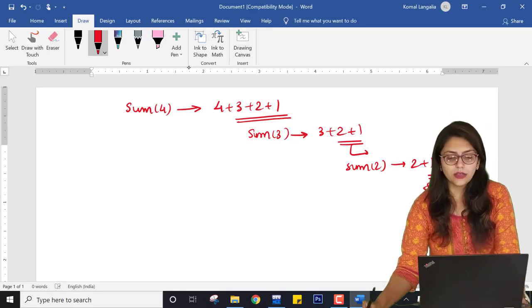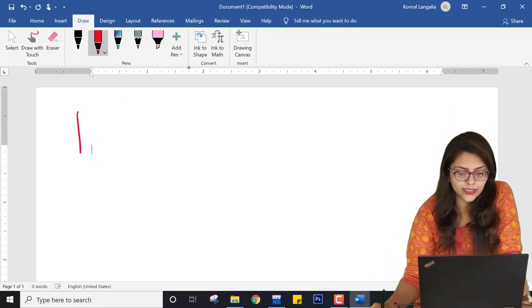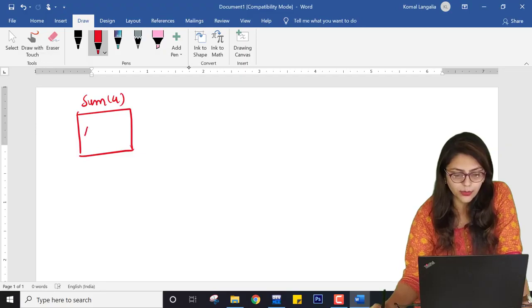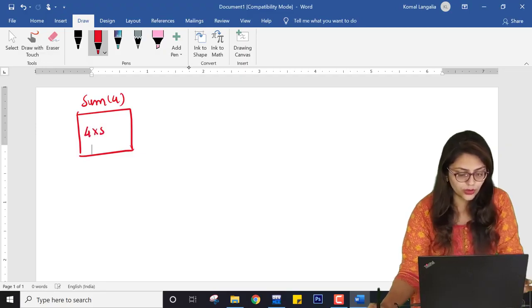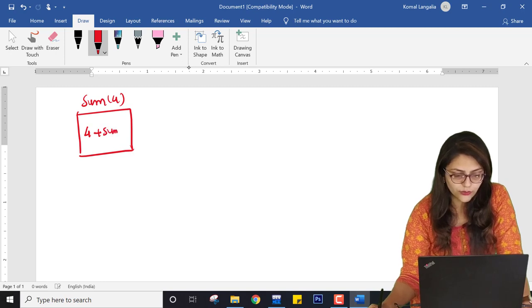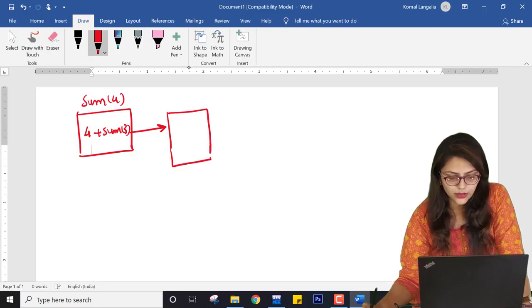So this entire thing, I can write as: sum of 4 is nothing but 4 plus sum of 3. This sum of 3 will be called, where sum of 3 is 3 plus sum of 2.